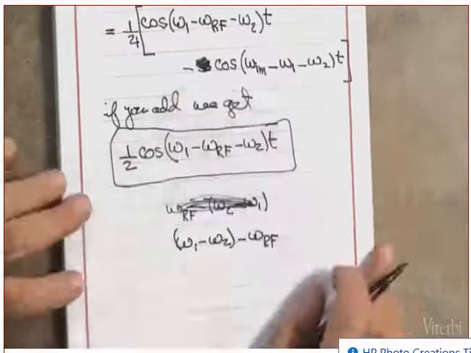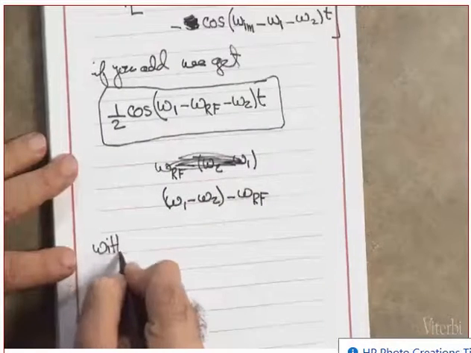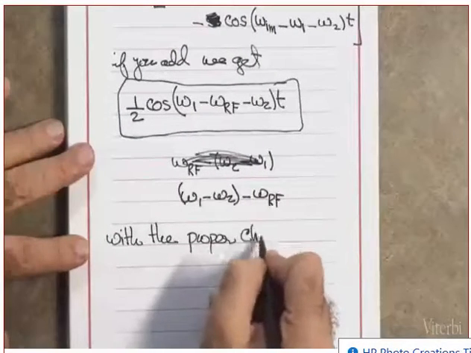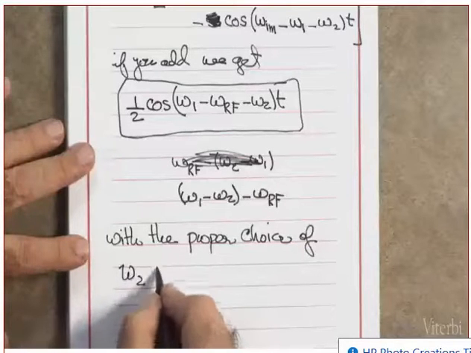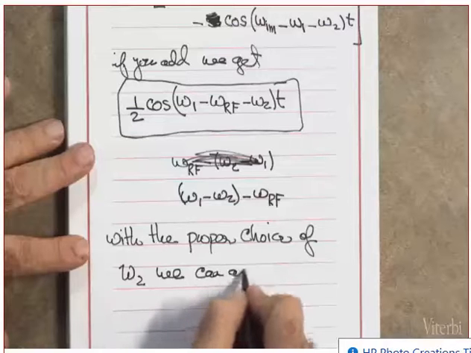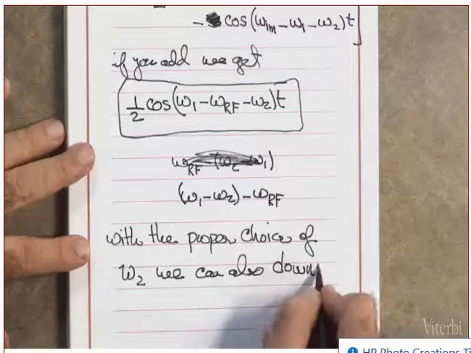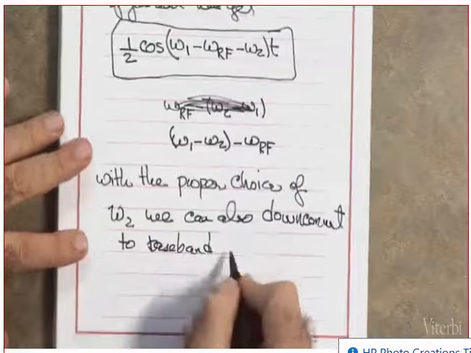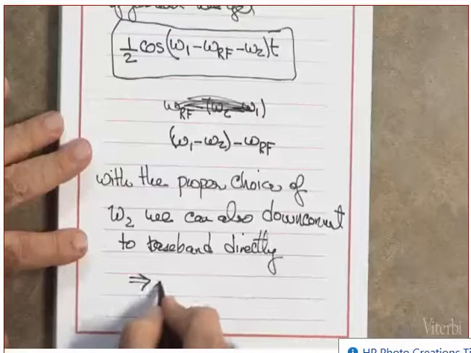Clear? I will assign this for homework. I don't want to get into trigonometry stuff. Okay, with the proper choice of omega 2, we can also convert to baseband directly, which means eliminate